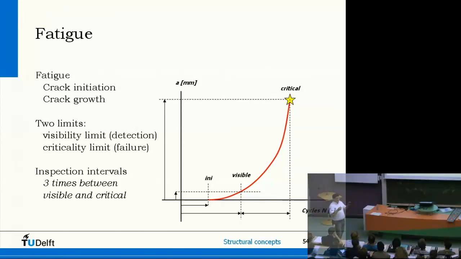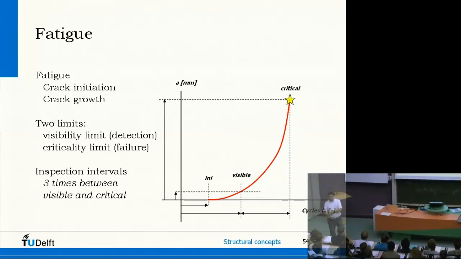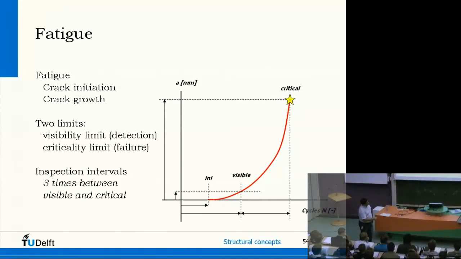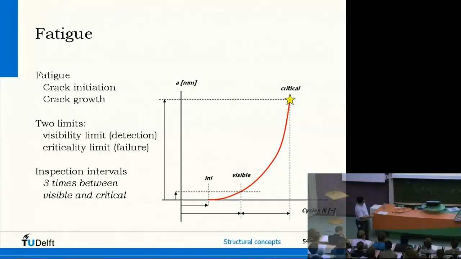Every crack, every damage has a critical size. And as soon as you reach that, you get a rest failure. The material just fails. The product just fails. So we have to detect it somewhere in this period. So if we know, for instance, for a particular product, typical material, structural elements, this curve, we can say this is our inspection period. Here we can detect damages.